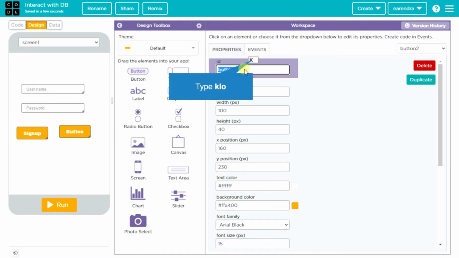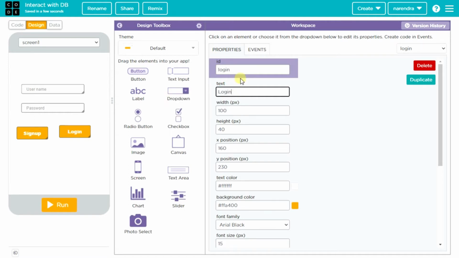Give the ID for this one as login, and the text also login. So this button is for sign up. If the user does not have an account, he will enter his details so that an account will be created for him. This is for login. If the user has an account, he can log in. That's it. When the user clicks the sign up button, these 2 details are supposed to be stored inside the database.